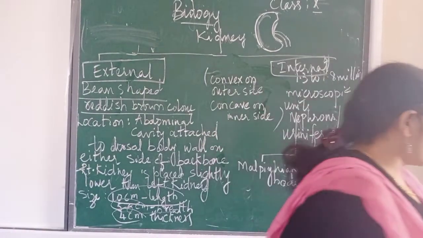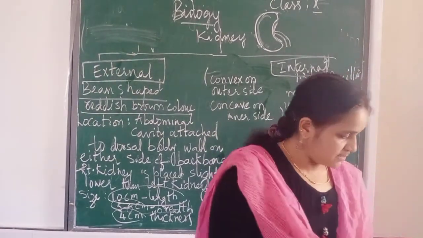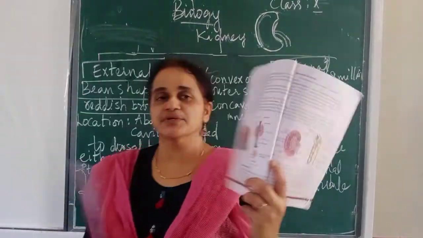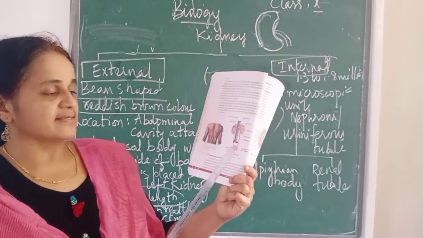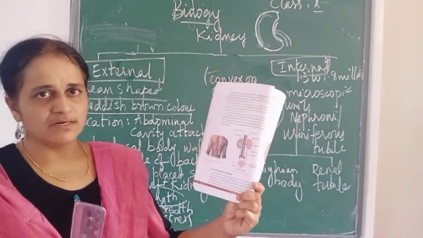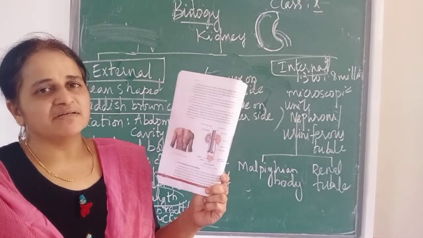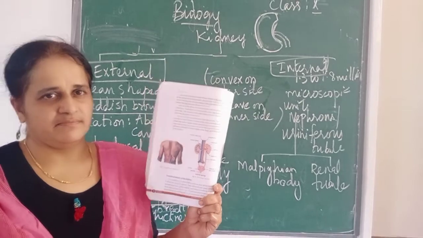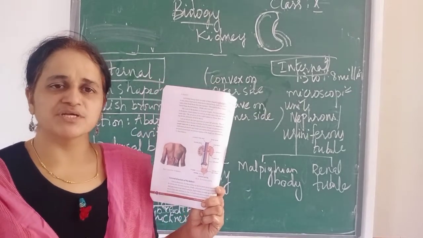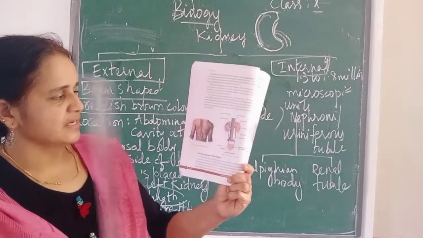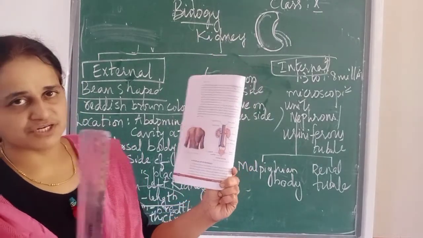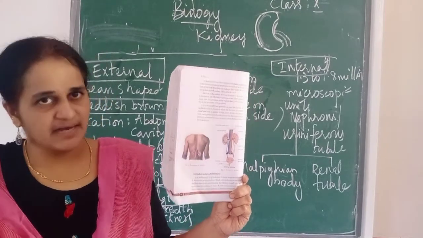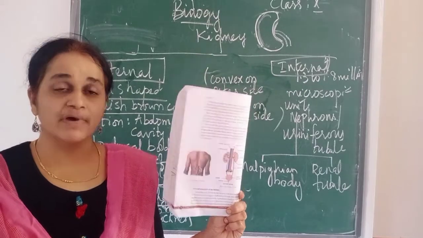So next we will go to the textbook, page number 78. Already I told you to draw this diagram in your notes, the excretory system. Hope you have done your work, because time and tide wait for none. See that you do your work in time, otherwise it will become a big job for you if you keep your work pending. So here the location of kidney is given. Location, do you remember? Which side? Back side. In which cavity? Abdominal cavity. In between our backbone.